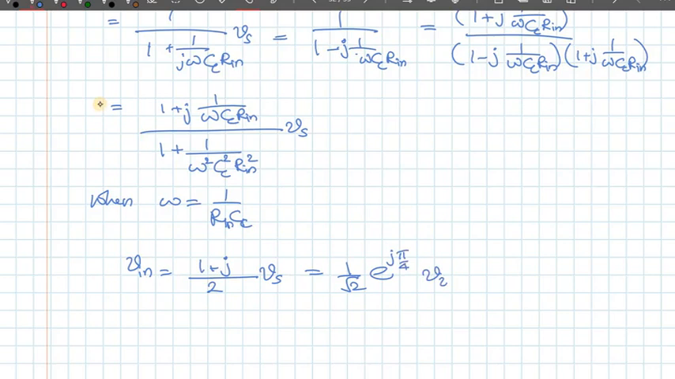So this is my phase. Okay. So if you take the absolute value, the magnitude of V_in, what I will get is 1 over square root 2 times Vs, because the absolute value of this component is equal to 1. Okay, so therefore this is what I have. Now you see that the absolute value of the input voltage you get is 1 over square root 2 of